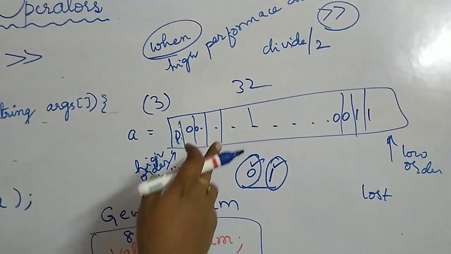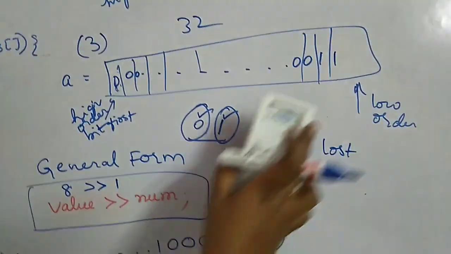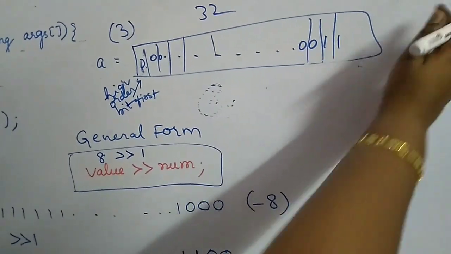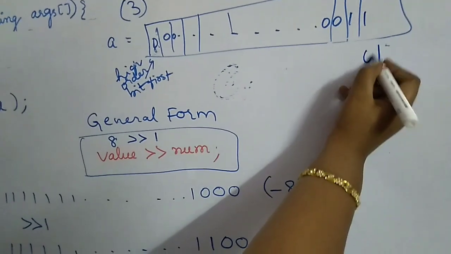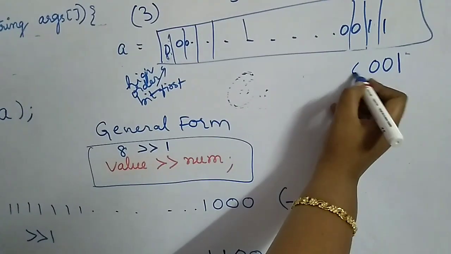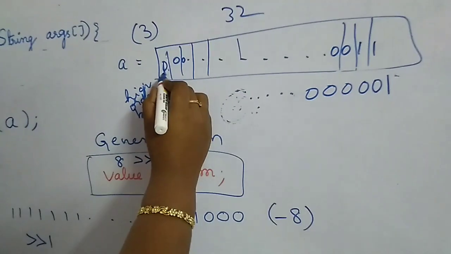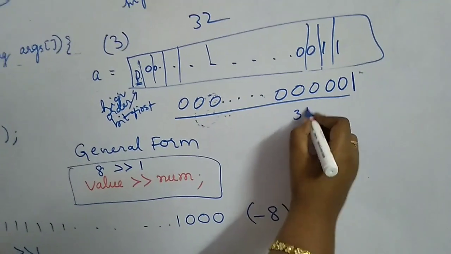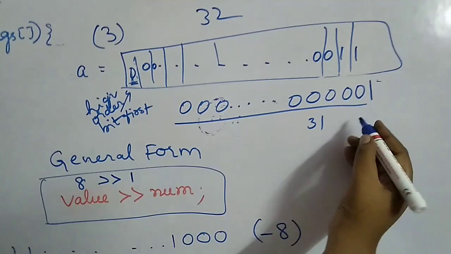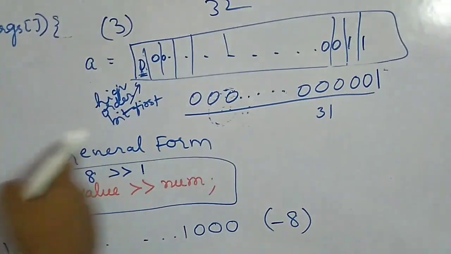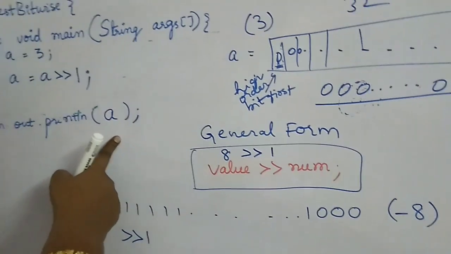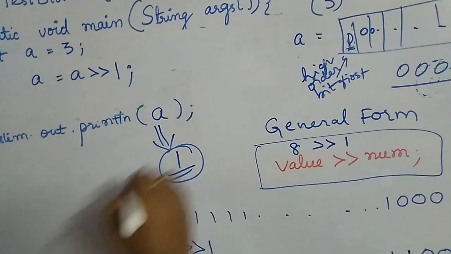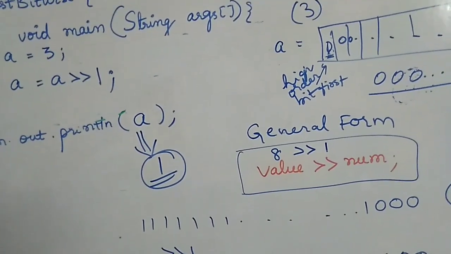Now we'll see how to shift these bits. I am asking it to shift by 1. When you shift this by 1, this bit has gone out, this bit has come here, this bit has come here, this bit will come here, and the rest will all be zeros. Since the high order bit is 0, all these bits will be zeros. So there will be 31 zeros and then 1. This 1 is lost. Now this will be converted into decimal while we are printing it. So what will be the output of a? The output of a will be 1. Hope you understood, guys.